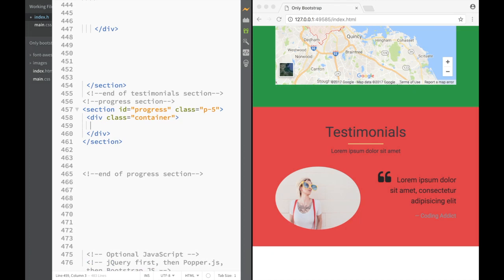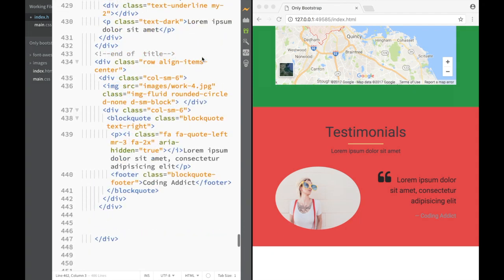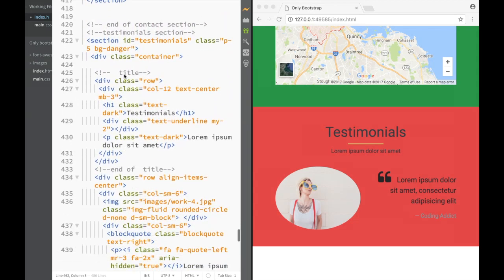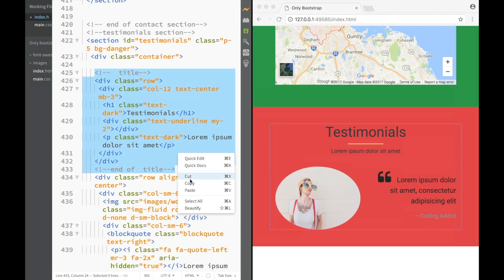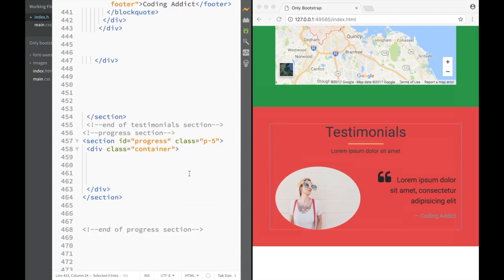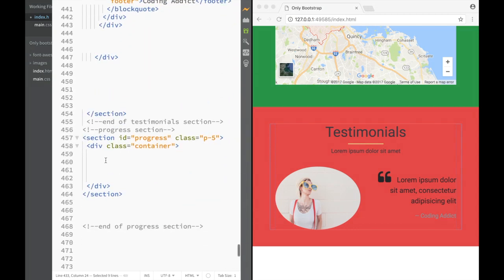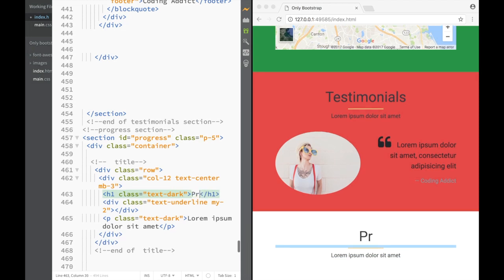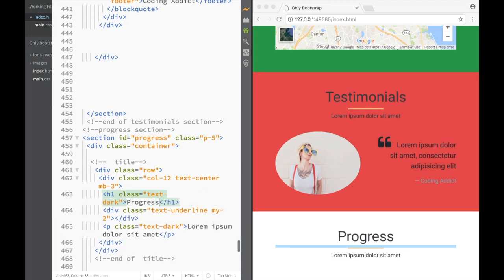And here, once we have the container, again we would need to place the title. So we're just going to go and look for a title. Where's our closest title? I was just going to say that the closest title is going to be this one, and we're just going to find where it is. It's right here. And over here we're going to say this is going to be our progress skills. I mean, you can obviously name it however you would want, but now that we're done with the titles,